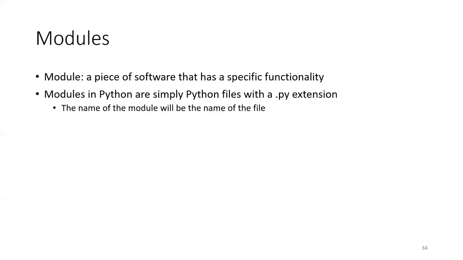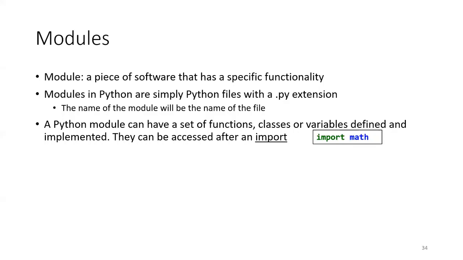And each module has a name, which in this case is simply the name of the file without the .py extension. A Python module comes with a set of functions, classes, variables, constants, which are defined inside it. And if you want to use the content of a module, you need to import it. Importing means that you allow your program to use that module. It is done simply by using the import keyword followed by the name of the module. For example, in this case, we are importing the math module